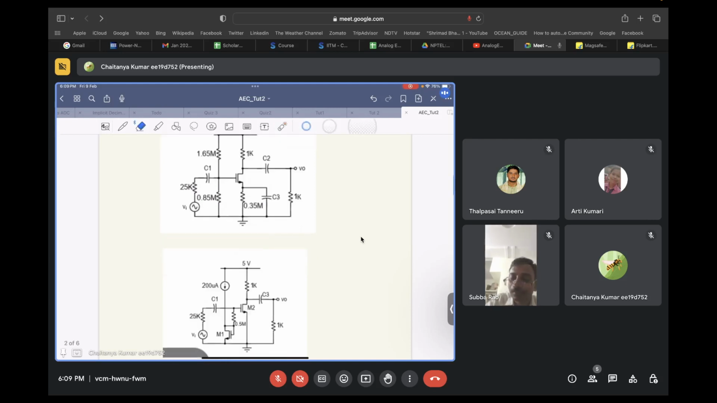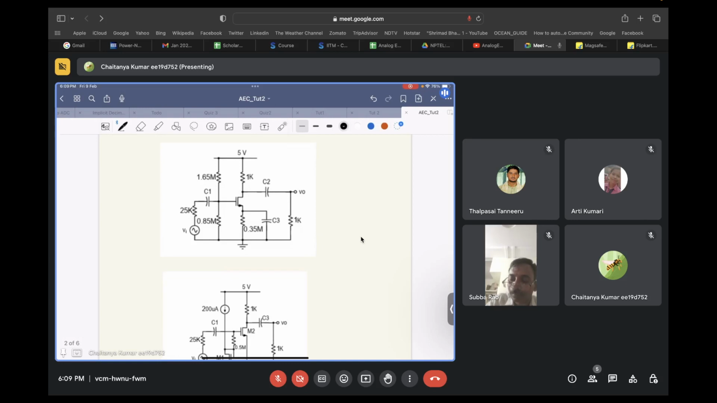Similarly, the second problem, how does this look in small signal? It simply looks like a 25k resistor and an input source. Then we have two parallel resistors of some 1.65 mega ohms parallel 0.85 mega ohms. Then we have this C3 is grounded, so the source is grounded, and on top of it we have 0.5k. This and this will come in parallel. You guys can see how